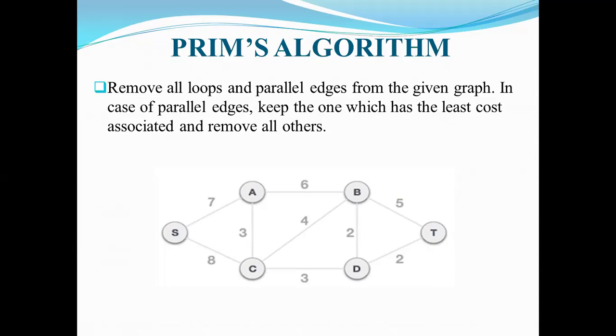Then our ultimate goal is to apply the greedy method. Greedy method means always applying the criteria as min. Select either min or max based on problem nature. Here the problem nature is minimizing the total cost, so min is the criteria. Then select the S to A edge and include this edge into the spanning tree. Now we got two vertices in the spanning tree, S and A.